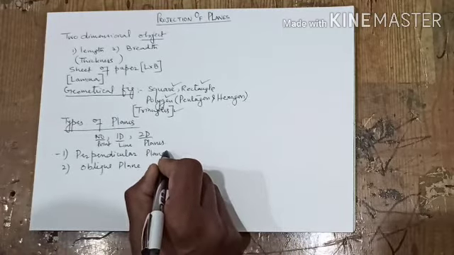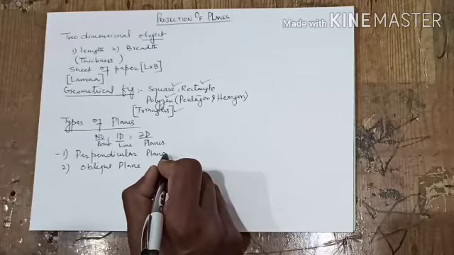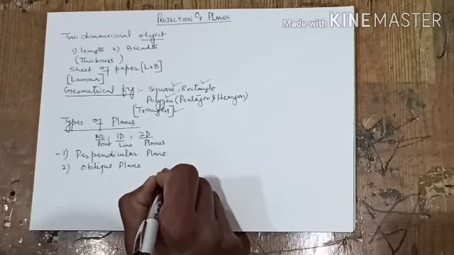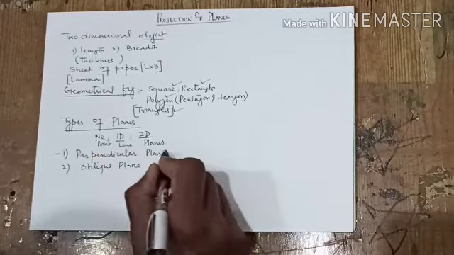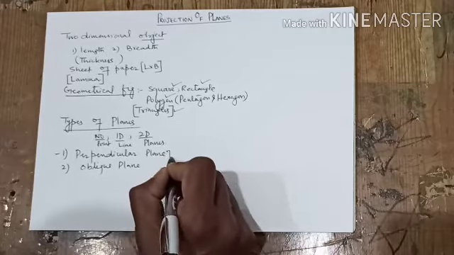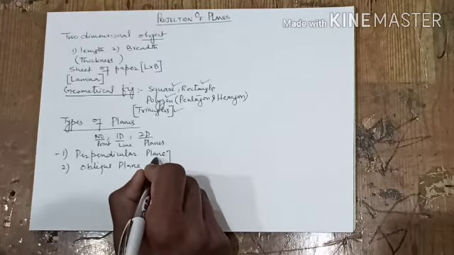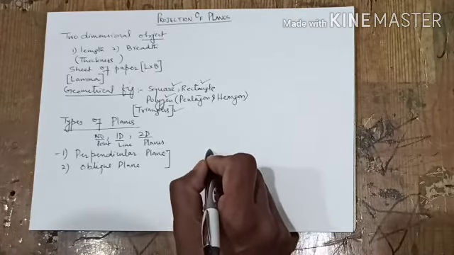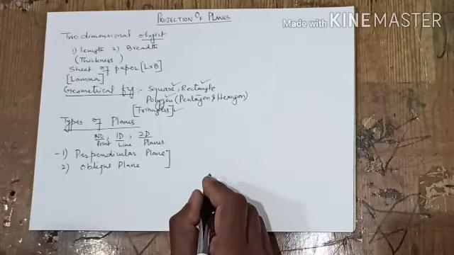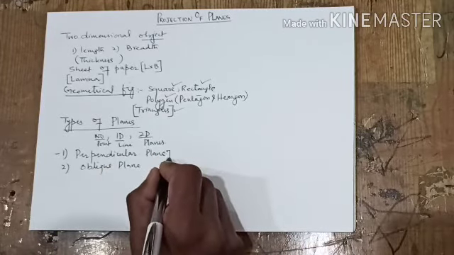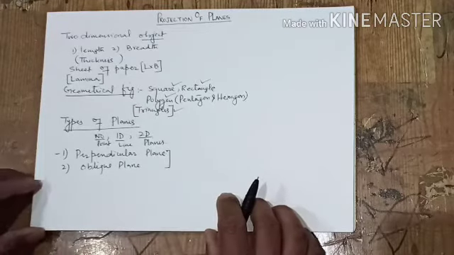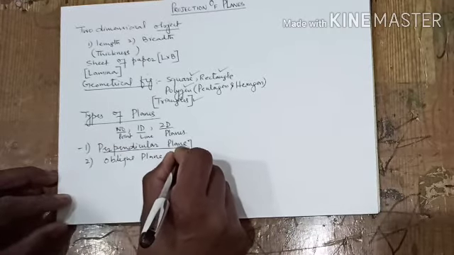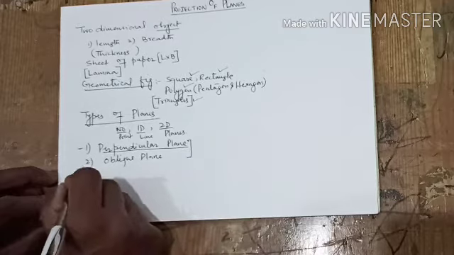These two types of planes are placed vis-a-vis the principal planes. These two are not the principal planes which we talked about in lines and projection. These are objects having two dimensions, and these planes are perpendicular to the principal planes. So let's talk about various conditions of these planes vis-a-vis the principal planes. When we talk about the perpendicular plane, the conditions are: